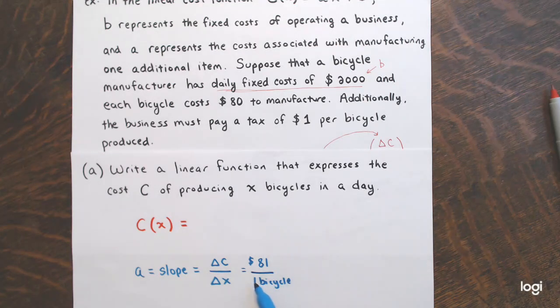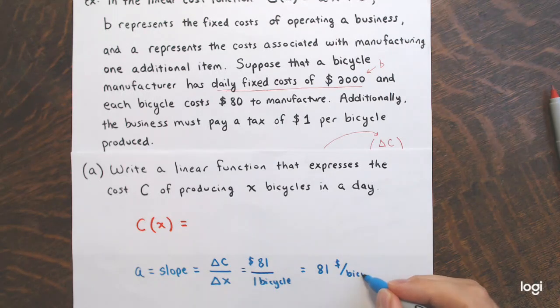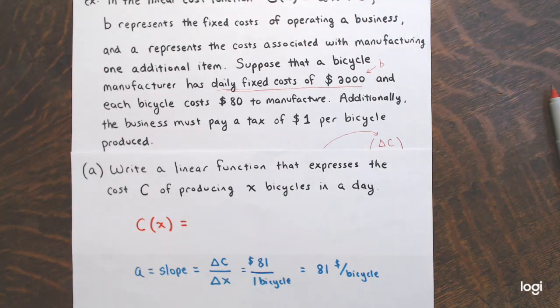And 81 divided by 1 is simply 81. So it's 81 dollars per bicycle, dividing the units here. So that's our slope, this rate of change. How much does the cost change when I change the number of bicycles manufactured? All right, so popping that in,